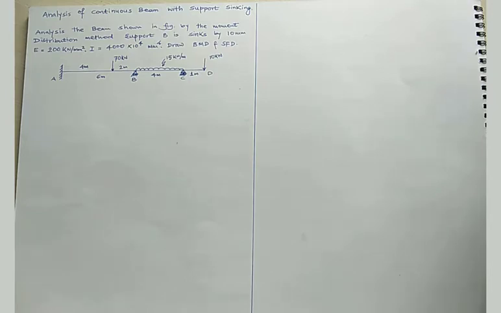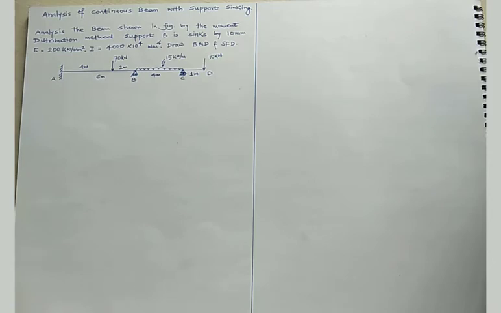The numerical is given as: span AB consists of an eccentric point load of 70 kilonewton, 4 meter from the A support. The span AB is 6 meter. The span BC has a length of 4 meter, and it is subjected to 15 kilonewton per meter UDL. And the overhang beam CD is subjected to a 10 kilonewton load at the end, and the span of that overhang beam is 1 meter.